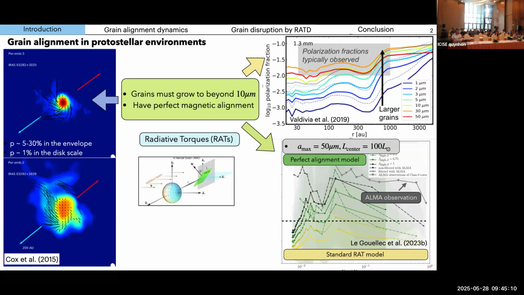So in order to understand the physics behind the big gap of the polarization fraction between the envelopes and the disk, Valdivia et al. 2019